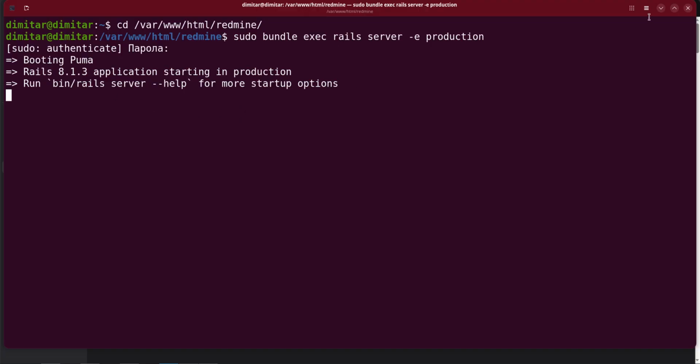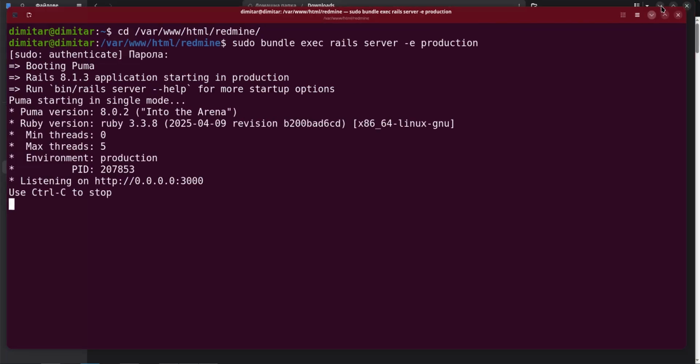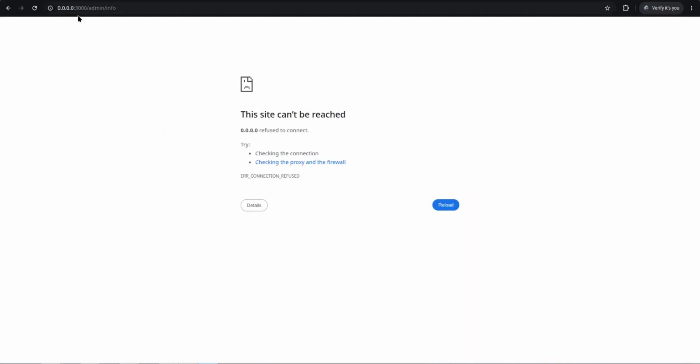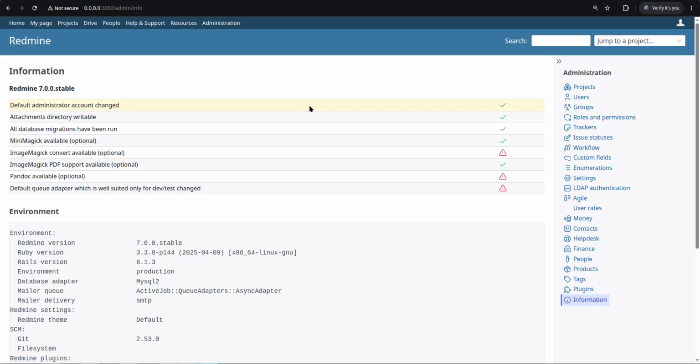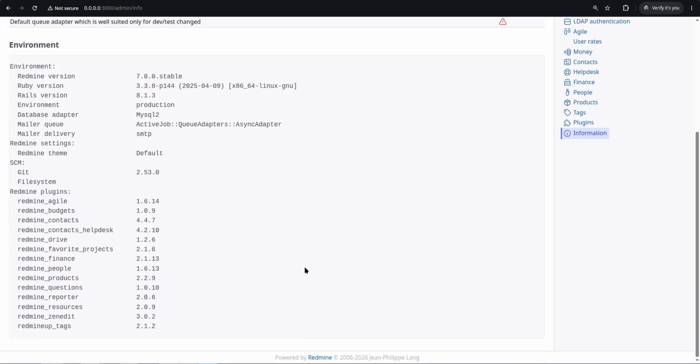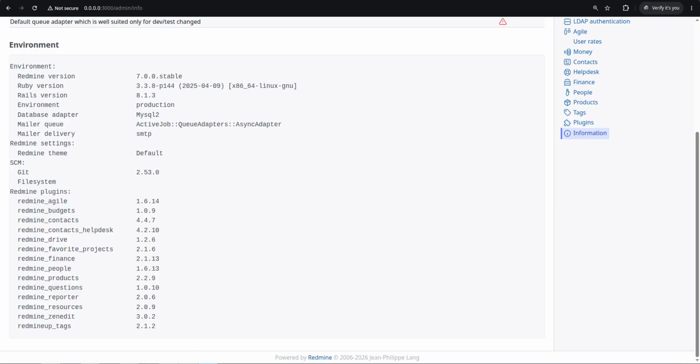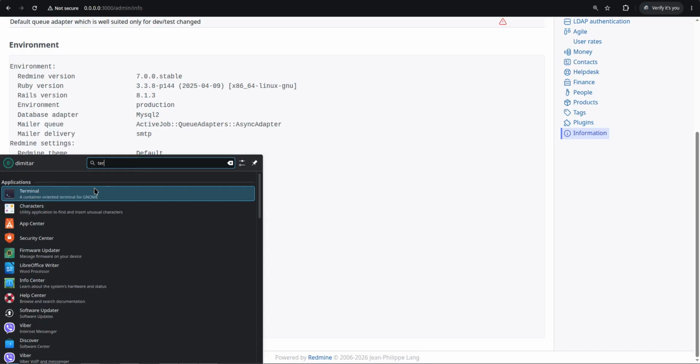Okay, so I have started my Redmine, and just to check if everything is fine, I go to my address of Redmine, which was down because Redmine was switched off, and now it automatically is up and running. Okay, so we have some already installed plugins now, and at the end of this video, we'll have the checklist plugin installed. Okay, so we have to open the terminal of Linux again,